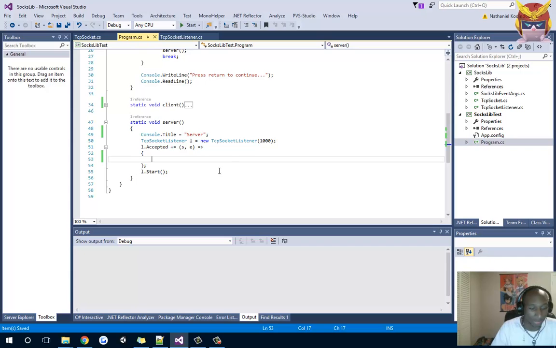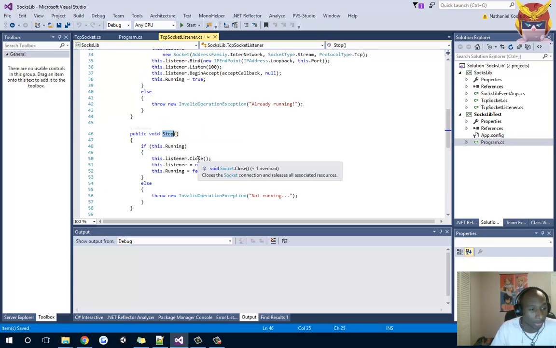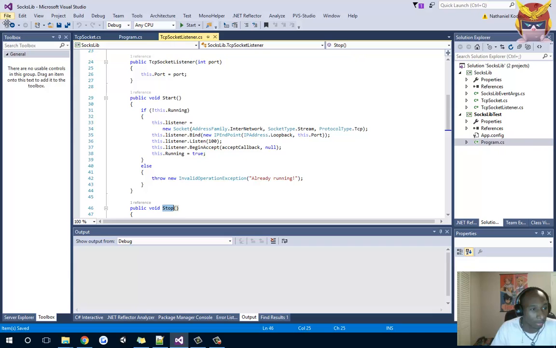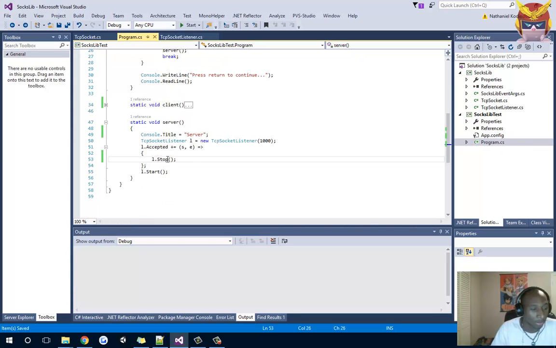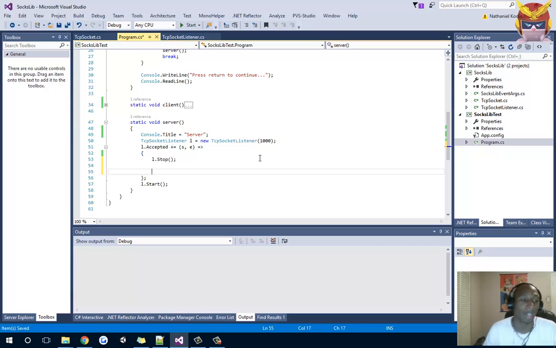And if a connection is accepted, let's go ahead and stop the listener. Actually, let me double check and make sure that this doesn't shut down. Okay. We're going to stop the listener because we don't need to accept any more clients. This is only going to be one by one. We're not going to do multiple connections, at least not right now. That requires a little bit more of a crazy setup. So we're going to stop the listener, and then